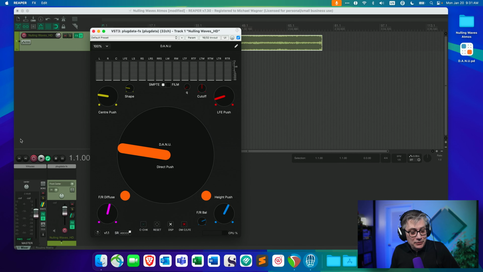This is also one of the things that a couple of people have asked: do I have to do that every time? No, you don't. If you now save the session, everything just comes back regularly. You could even save that as a preset, and then whenever you open up that preset, it loads Plug Data already with the Dano patch applied. So let's play our audio and play around with Dano.